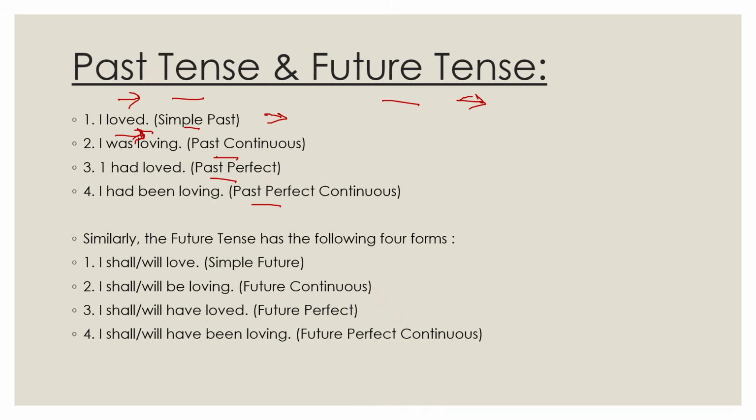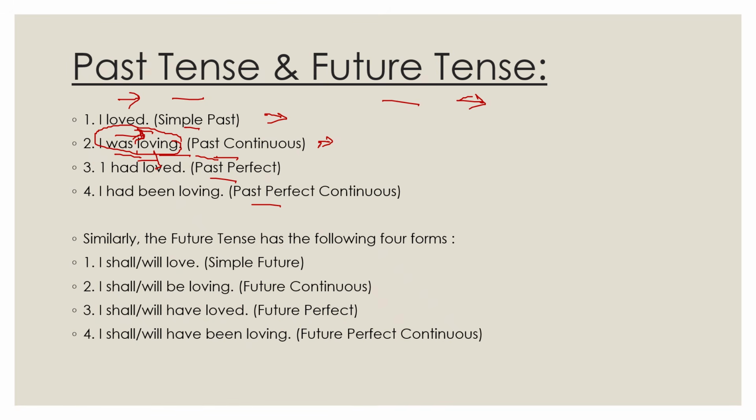Okay, and past continuous. I was loving. You take past continuous, it means was loving means at some point in the past. So you can consider it as at this time yesterday I was having dinner with my best friend. That means right now he's not having, but at this time yesterday he was having dinner with his friend. Okay, so it was continuing at this point of time yesterday. So past continuous is some action that was taking place at some point in the past.